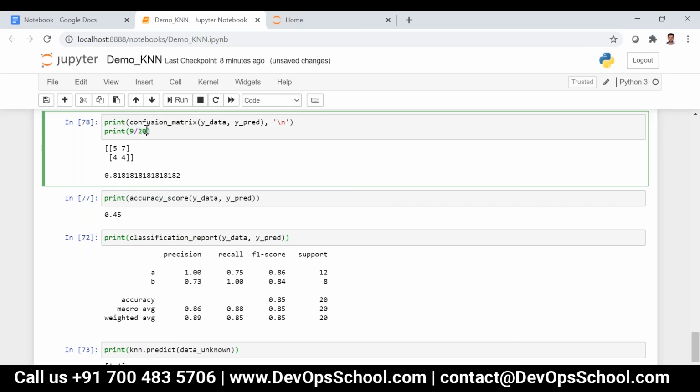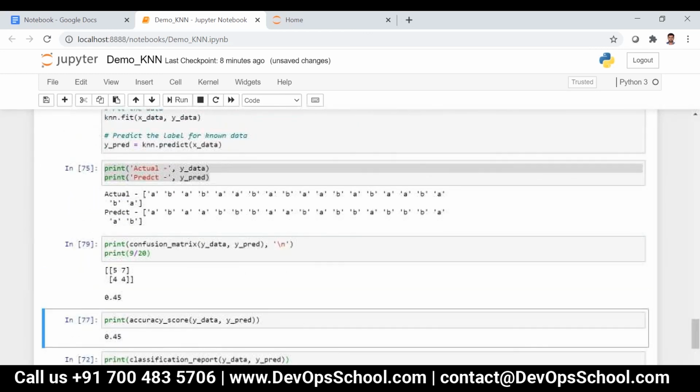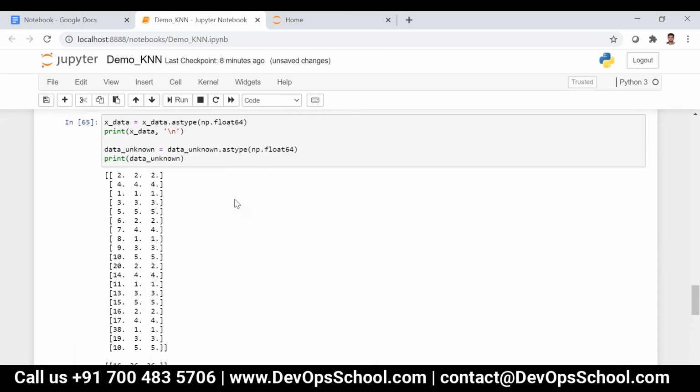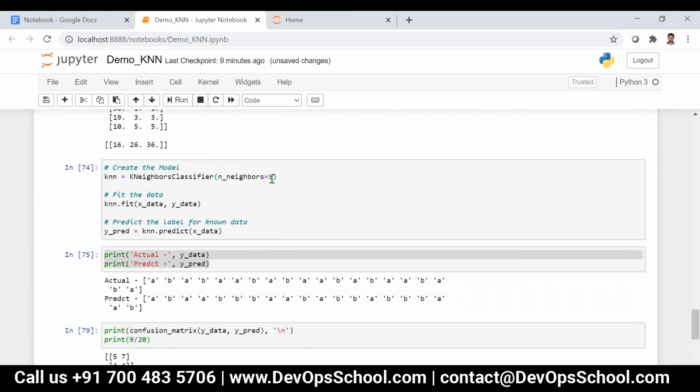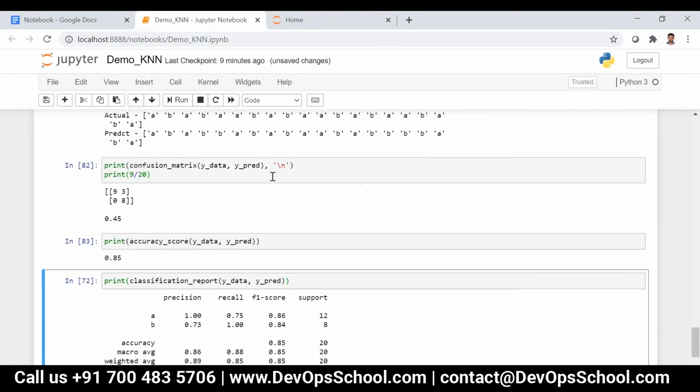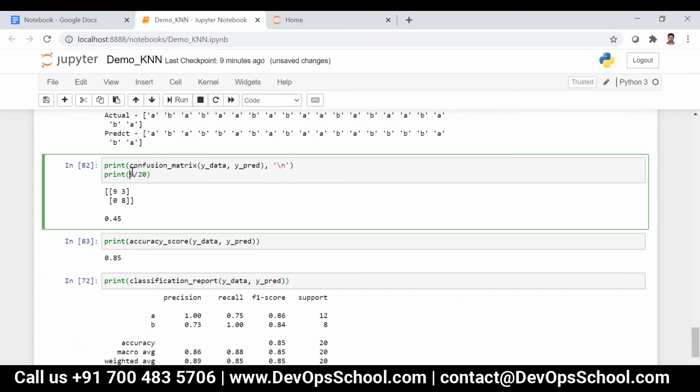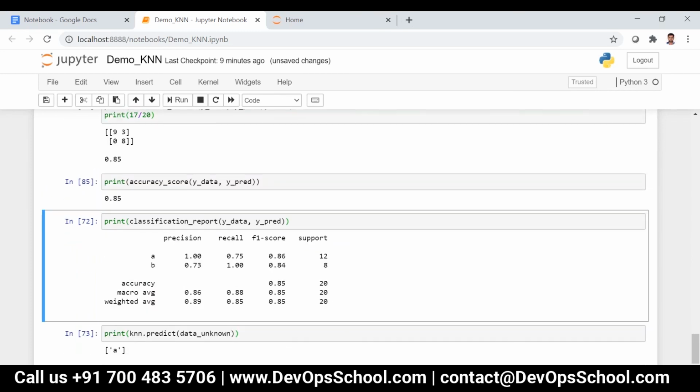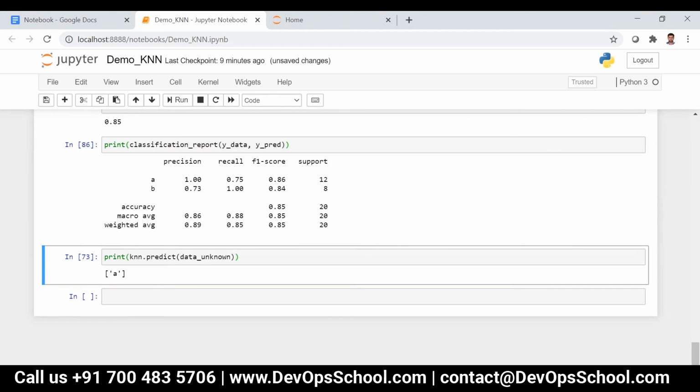If I increase this one, it is taking 0.45. Let's say this neighbor is 3. So now it would be 17 by 20.